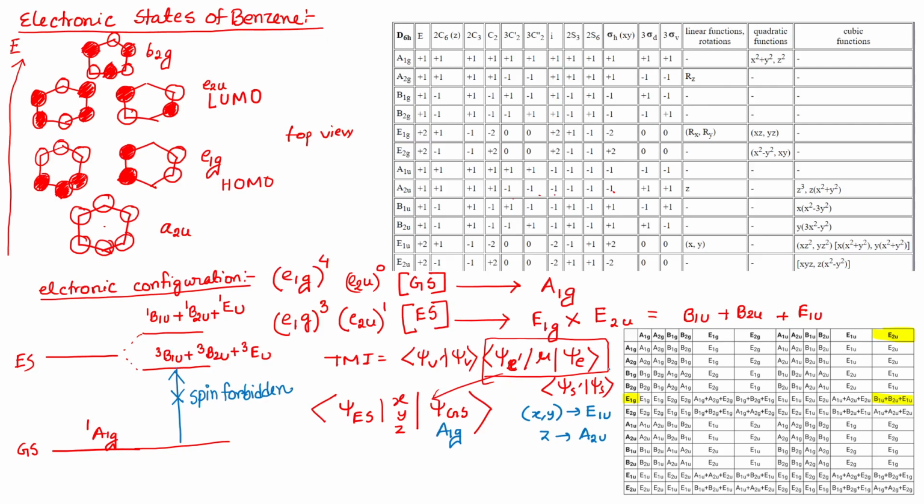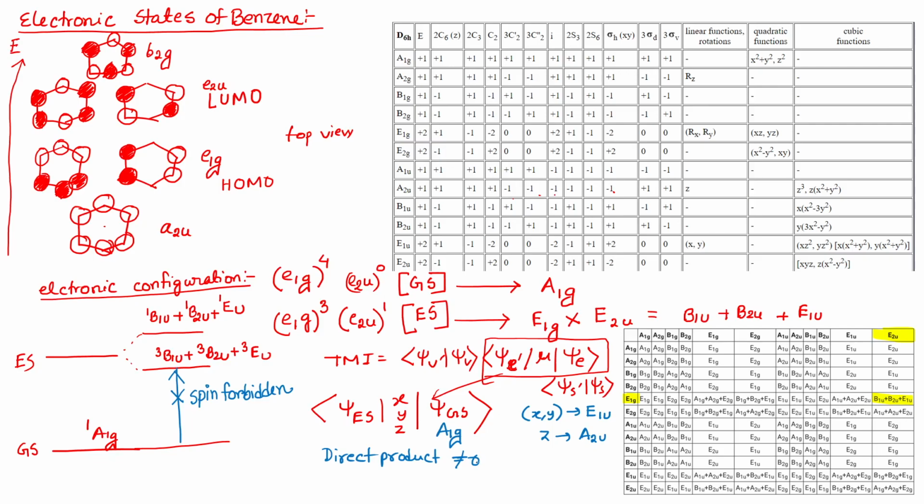Spin forbidden: if it is spin forbidden, then the intensity will be very, very less. Okay, and if these are spin allowed, but we need to look at what state it could be, the EA. So A1G: if it is A1G, then for these to be non-zero, the direct product should be non-zero, or direct product,